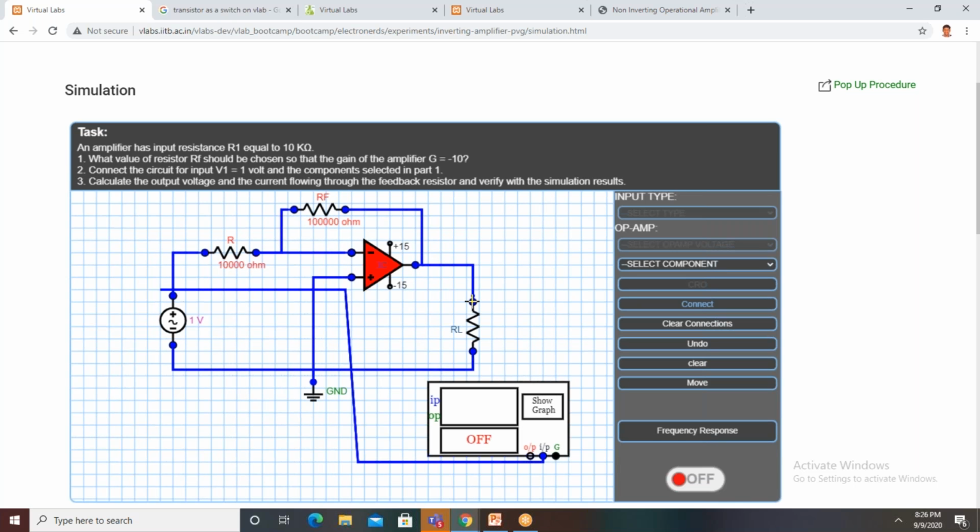So we can also verify the frequency response, sir. This is an integrator, a low pass filter. To verify the frequency response, you click on this. This window opens. You give the starting frequency, some 100 hertz, and the ending frequency, some 5000 hertz, and select the interval, such as 50 intervals or 100 intervals, whatever it is. This is the graph, sir. It acts as a low pass filter. These are the readings, sir.